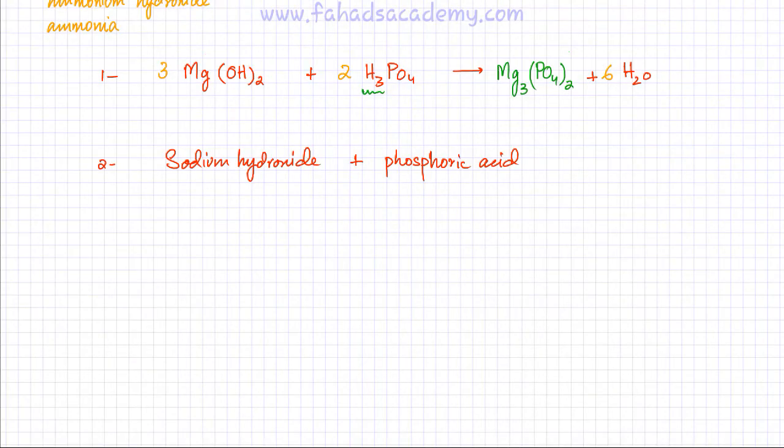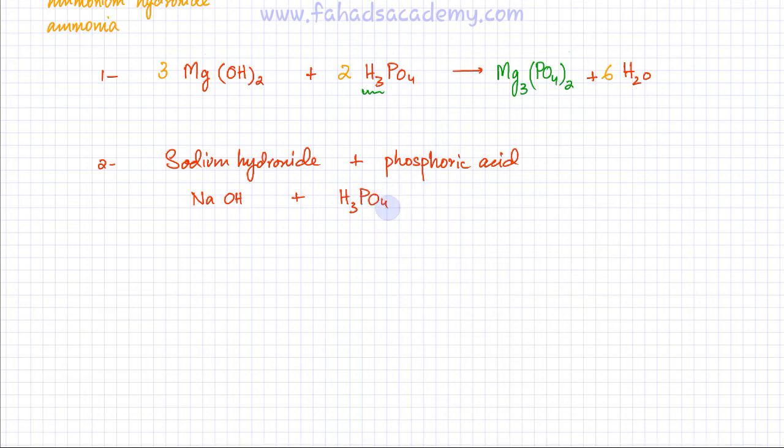Let's do another example, and this time we have sodium hydroxide reacting with phosphoric acid. So it's another metal hydroxide, another base reacting with phosphoric acid. So for the formula of sodium hydroxide, Na is 1+, whereas OH is 1-. So the charges would cancel each other out. So let's remove the charges. So the formula of sodium hydroxide is going to be NaOH, and it's reacting with phosphoric acid, which is